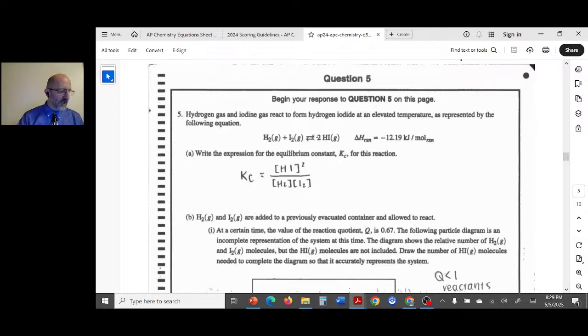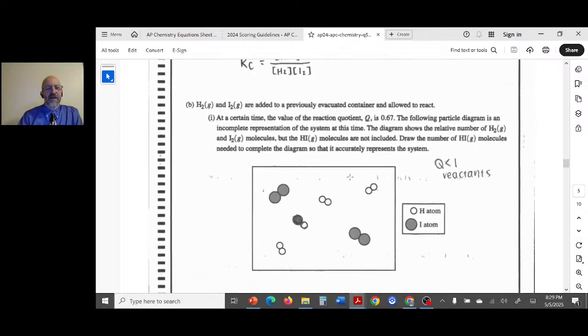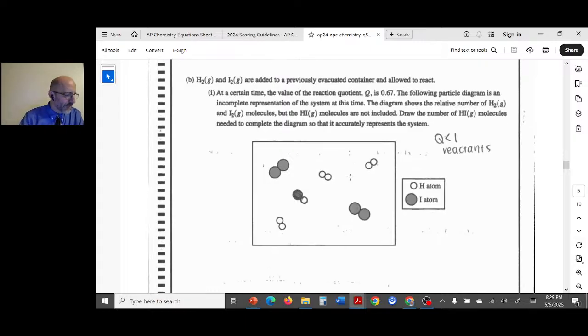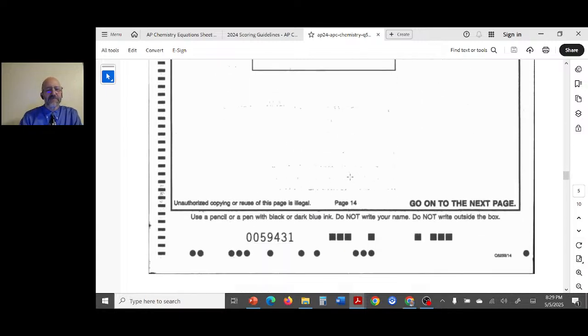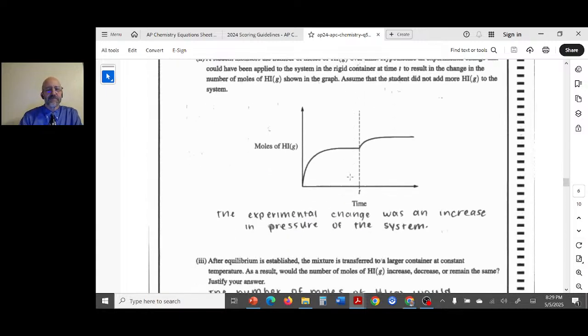They definitely got the point in part A for the right K expression. In part B I, the point was not earned for drawing only 1 molecule of HI. In part B II, nope, increase in pressure, that's not specific. They didn't say add more hydrogen, add more iodine. So they did not earn the point in part B II, because again, increase in pressure would not cause